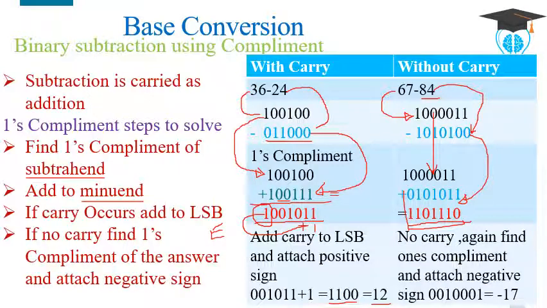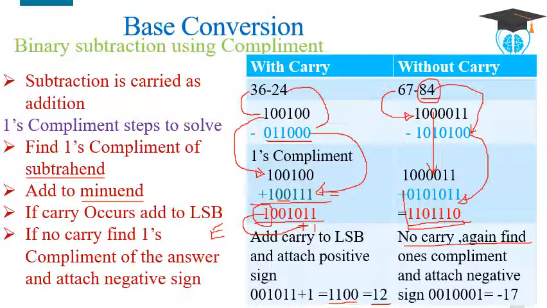Then it is found that if the second number is bigger, that is, if you get a negative answer, you don't get a carry. If the second number to be subtracted is smaller, then you'll get a carry. If the second number is bigger, you don't get a carry. So there is no carry,